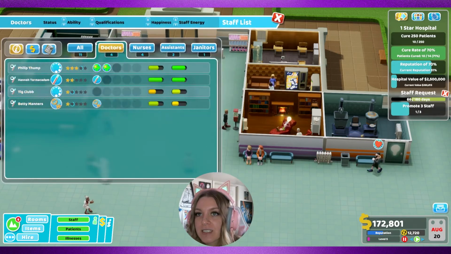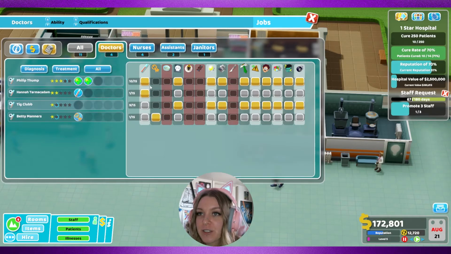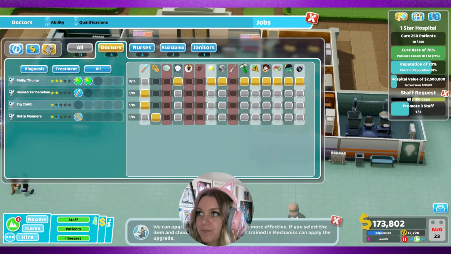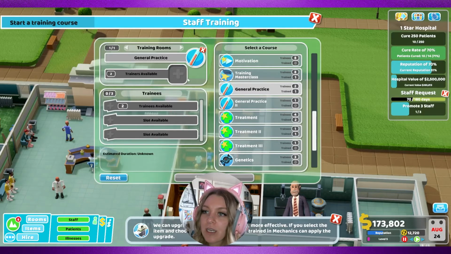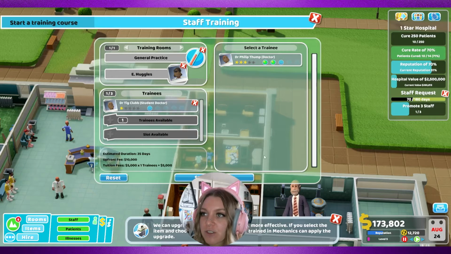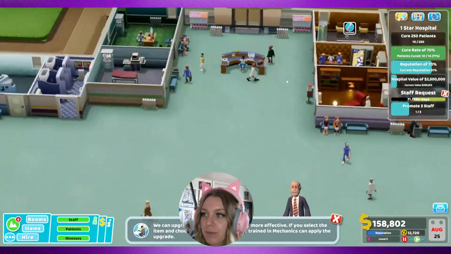We're gonna go to our staff. We're gonna go to our doctors. We're once again gonna change their assignments. So our treatment person is not gonna be doing GP. This person will. And since they're only going to be doing GP, I do want to get them trained up in that. It's a little bit expensive since I didn't know whether we were going to get a GP or a treatment doctor next. So we are going to have to train him. And hopefully that doesn't bog down